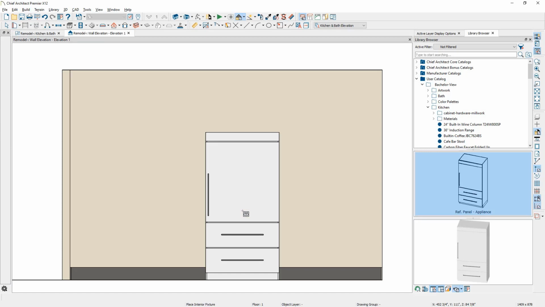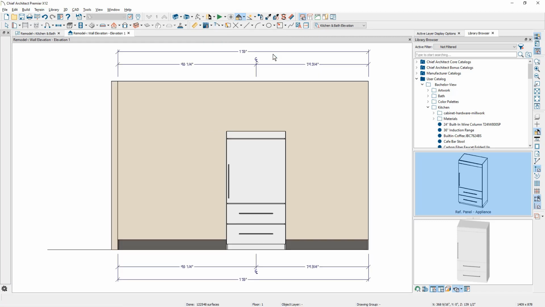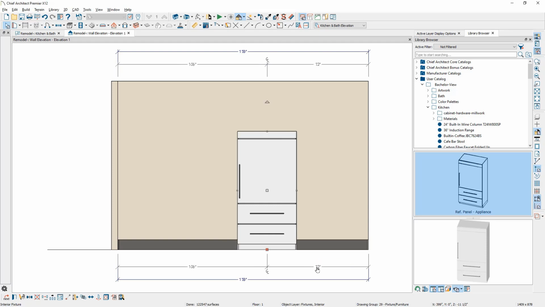Many times I will place one of the most important objects such as the cook range or refrigerator and then do the design around that. As I place this refrigerator, I'm going to use the tool for placing the dimensions. It's called the NKBA Auto Elevation Dimensions. It stands for the National Kitchen and Bath Association. When you use this tool, it will place the dimensions on your wall and include the center line in this case for fixtures and appliances. You can tap on the object, move your cursor or mouse over the top of the dimension, click on it, and in this case I'm going to set it to be 72 inches, press the enter key, and that will now position that refrigerator and I can do my design work around it.